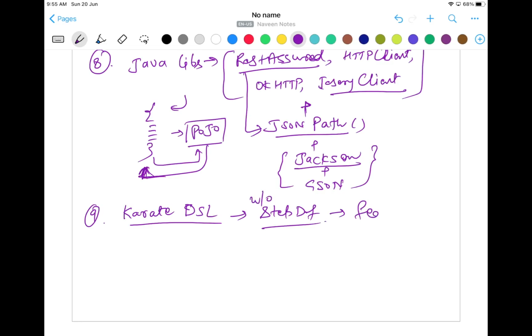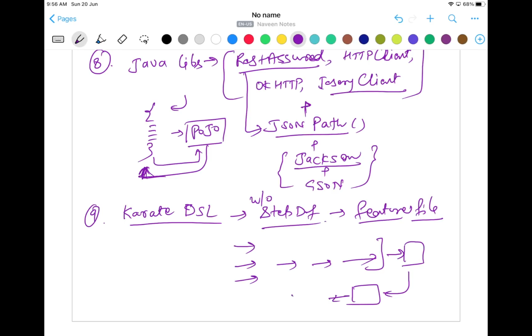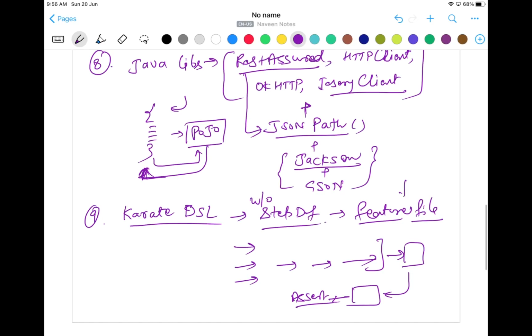You just need to maintain the feature files, okay, and start saying, okay, this is my get request, this is my payload, this is my post request, this is my request body, this is my header, these are my authentication information, and I'm sending the request to this particular server. And then the response, whatever the response that you are getting, and they provide some assertion library also, and then you can assert it. The good thing is that you just need to concentrate on the feature file, not on the step definition file. It means you don't need to write any code over here, and you just prepare your feature file in the form of Gherkin keywords, a typical BDD format that you can write, and then start trying to automate your features with that.